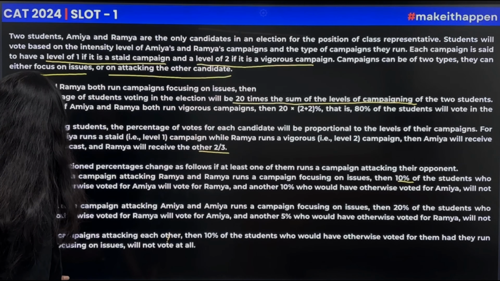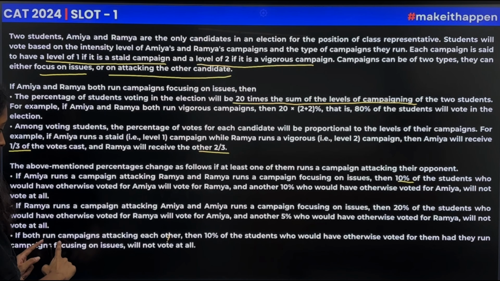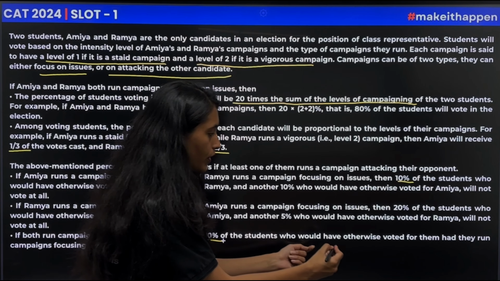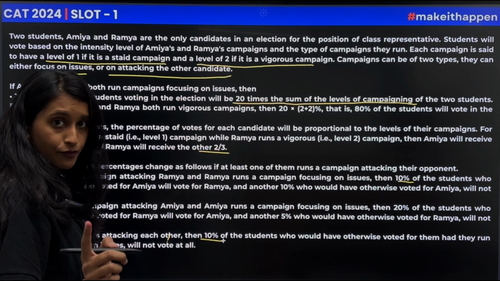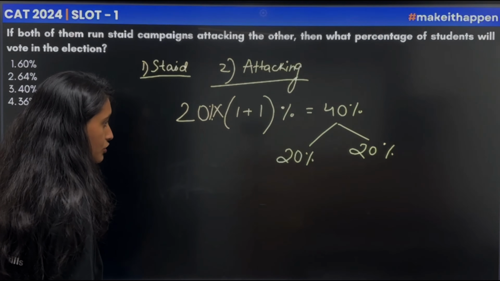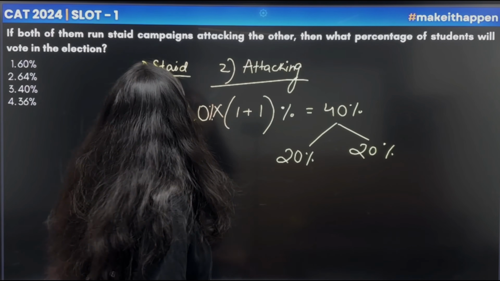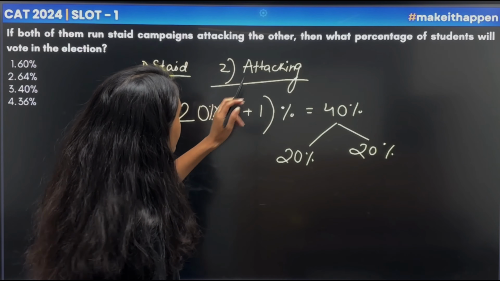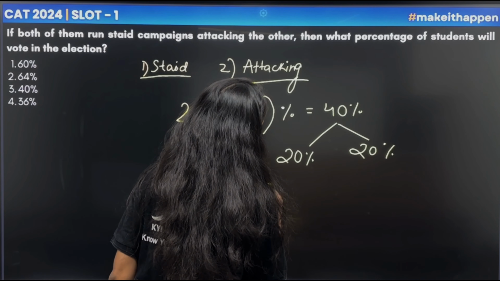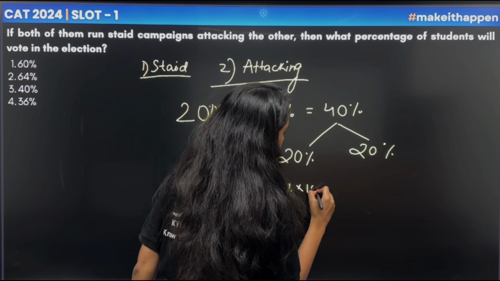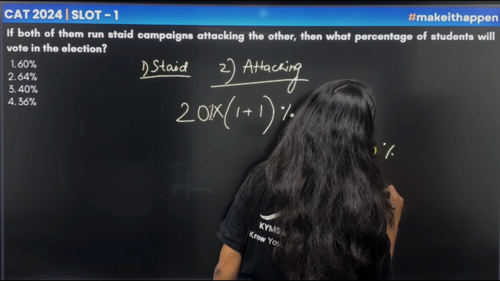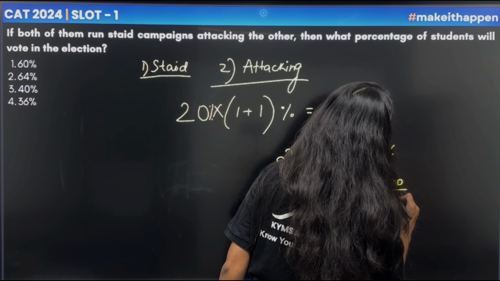If both of them are attacking, if both run campaigns attacking each other, then 10% of the students who would have otherwise voted for them had they run focusing campaigns on issues will not vote at all. So 10% of the students will now not vote at all. So we are asked what percentage of the students will vote in the election. If 10% of them will now not vote at all and 10% of them will now not vote at all,